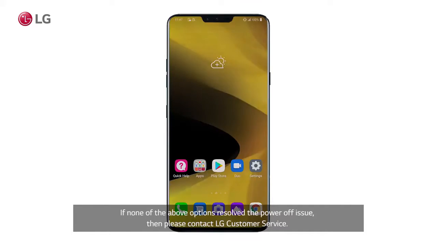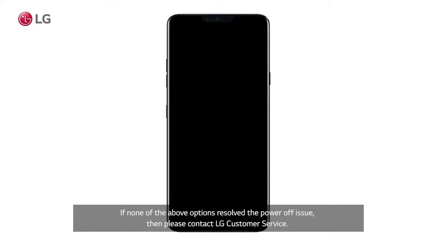If none of these options resolves the power off issue, then please contact